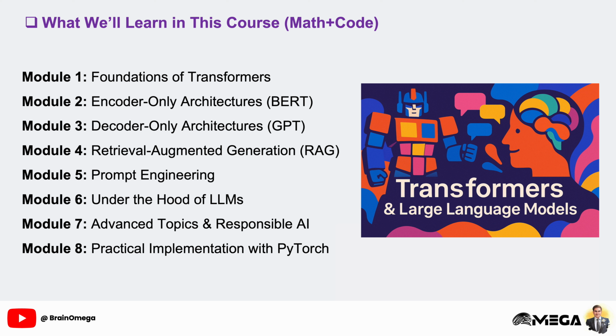Finally, in Module 8, Practical Implementation with PyTorch, we'll roll up our sleeves and code. You'll build embeddings and attention layers from scratch, implement a mini transformer step by step, and train a small language model on custom text. We'll also practice fine-tuning using LoRA and QLoRA, and finally, we'll deploy a lightweight model for a real application. By this point, you won't just understand transformers, you'll be able to build, train, and use them